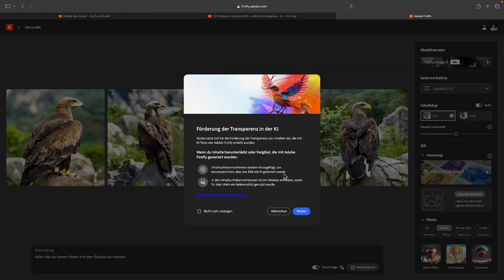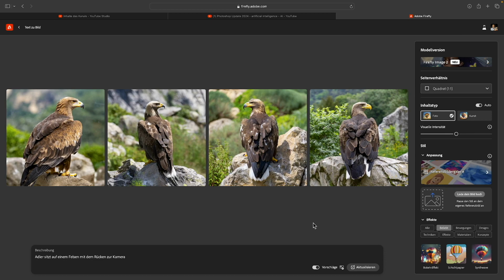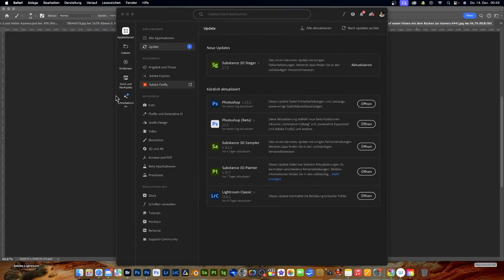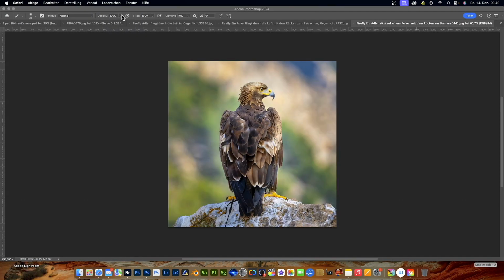Then we come here again to such an area where we are informed about usage rights. Yes, I can confirm that. And then I downloaded the picture here and could now open it through my download folder. That's how easy it is. Okay, then we will close this now and we're going back to Photoshop